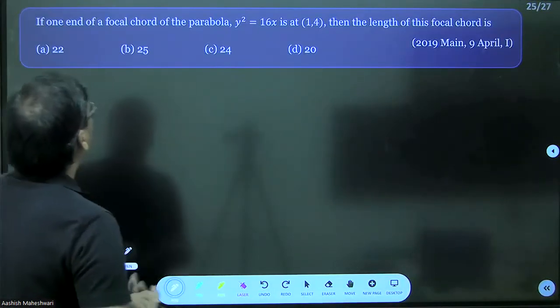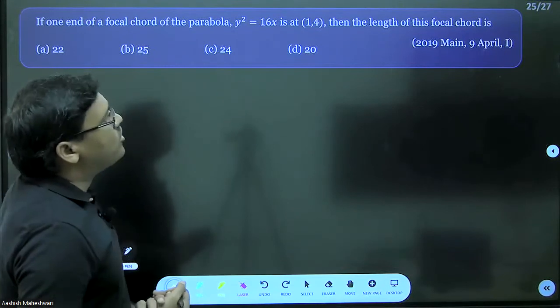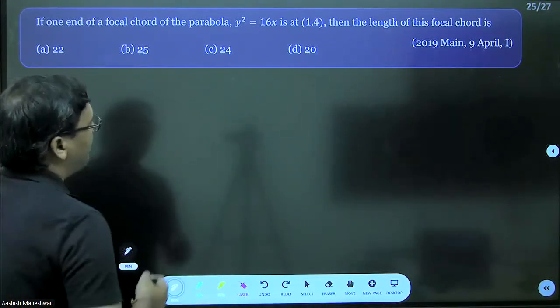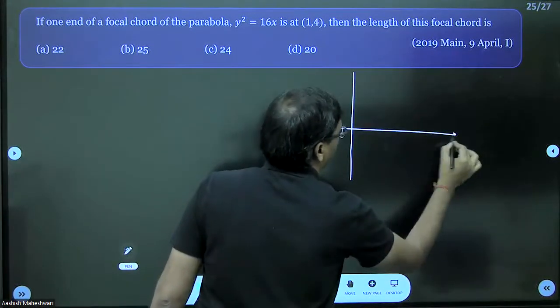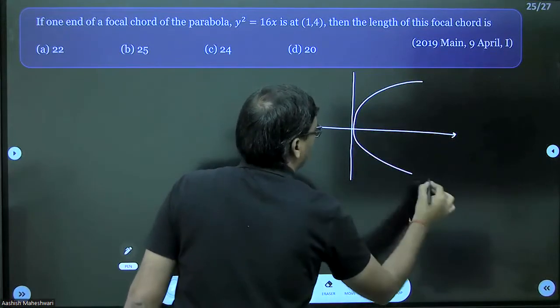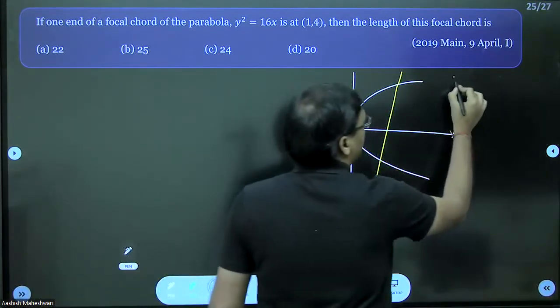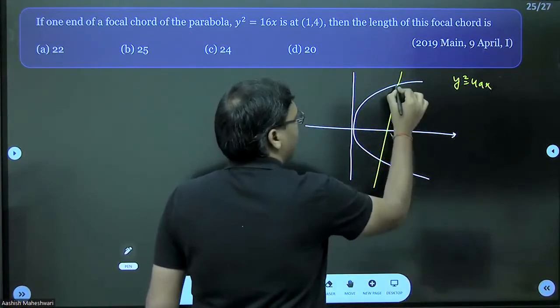Now let's move to the next question. If one end of a focal chord is at (1,4), then the length of the focal chord is. This is a direct formula based question. If you remember this, मैं एक बार concept याद करा देता हूँ. Let's say this is a focal chord. This is the standard parabola y square equal to 4ax. If one end of the focal chord